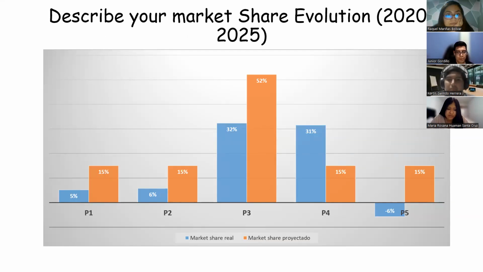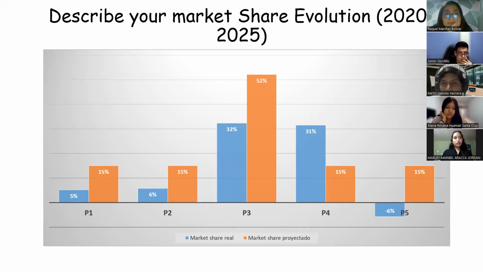Now it's time to talk about the market share of the 5 decisions that have been taken. We can see that we have 2 bars, which are the actual and the projected, where we can clearly see that our projections are above the final results obtained, and that we start in the first period with a low percentage of 5% and 6%. Because of the low income, we adjusted the strategy plans and thus had better results for the following periods.